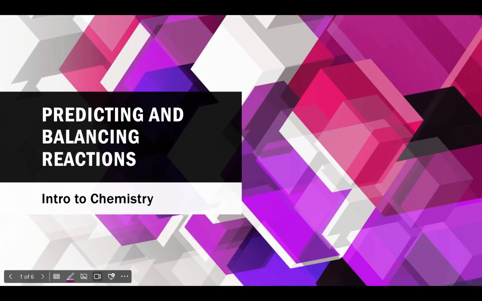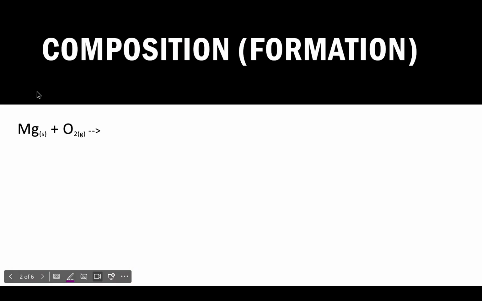Okay, so we're going to review how to predict and balance reactions as another intro to chem, but this does carry on throughout grade 11, grade 12, and even into university. We always need to be good at predicting and balancing. So the first reaction we reviewed last week was composition, and taking a look here, we have Mg coming together